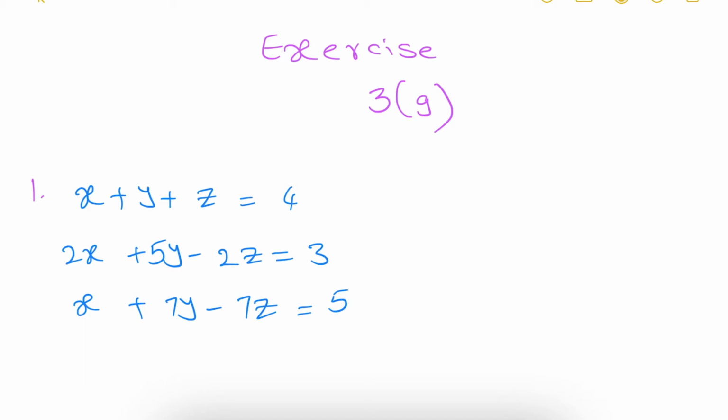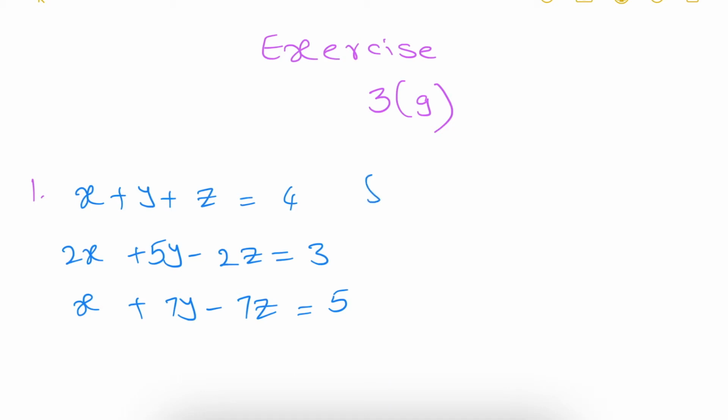In the first bit he is asking: examine whether the following system of equations are consistent or inconsistent, and if consistent then find the complete solutions. Consistent means having at least one solution, inconsistent means having no solution at all. So when will we have a solution, and when won't we?